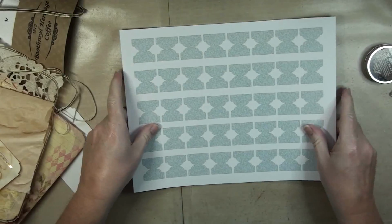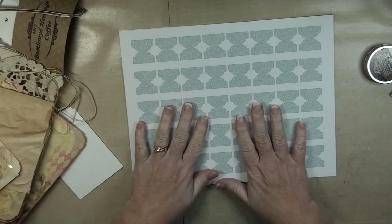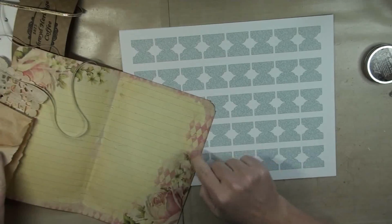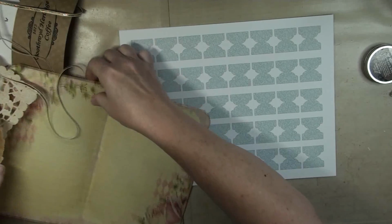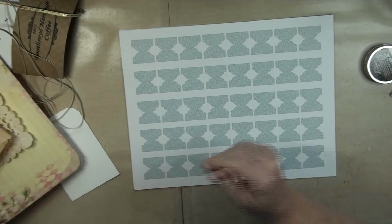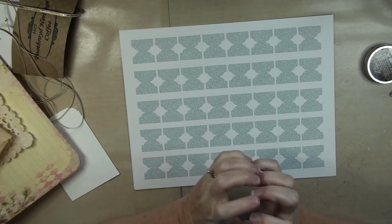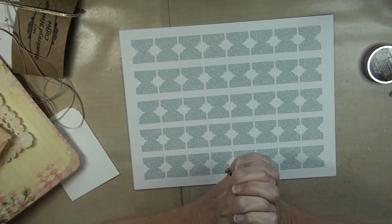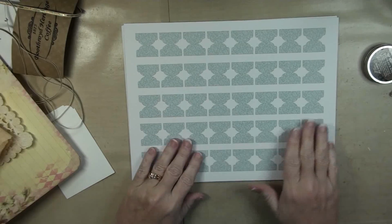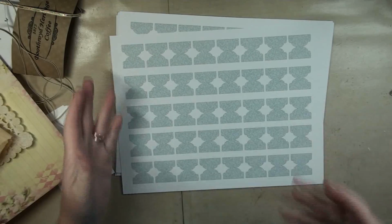Now, I'll probably get asked what I do my photo paper for the pages. So when I'm doing my kits, if I'm printing out something like that, then I also use a photo paper. And I use the Hewlett-Packard, and it is a 32-pound weight, bright white, but it is a matte photo paper. So look for that. You can get big packages of those in Canada. I don't know about the States, you guys. I'm really sorry I can't help you out that way,